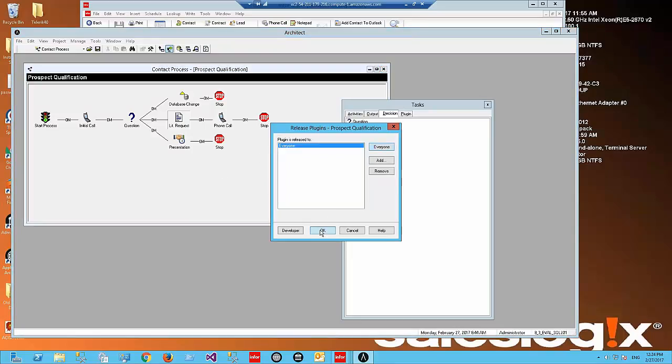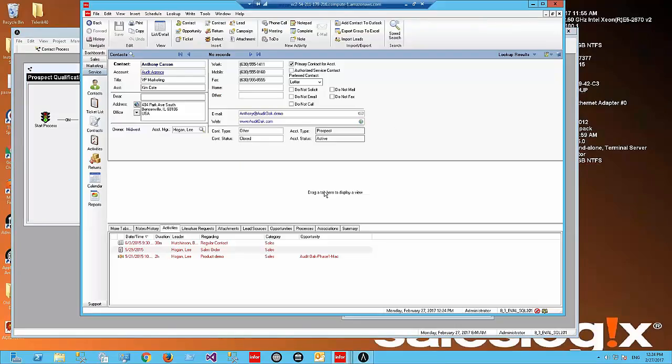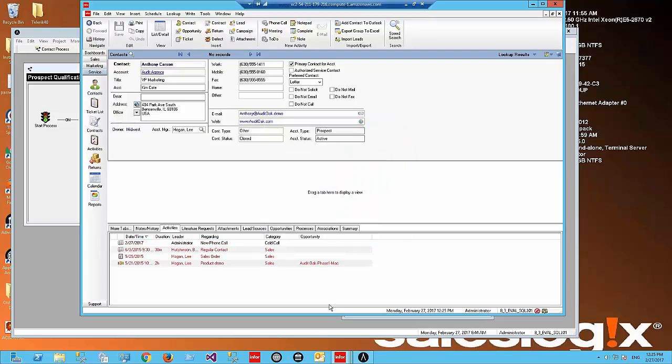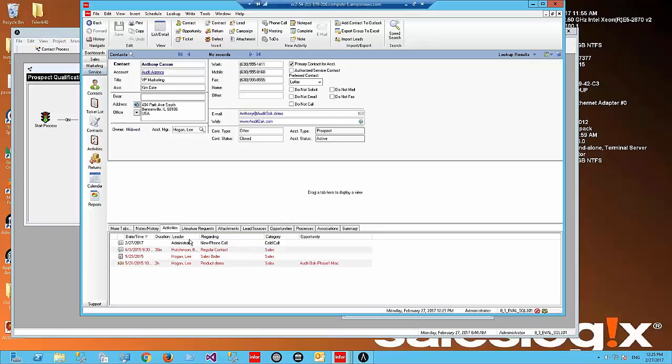Go in and make sure it's released to everyone. I'll hit F5 there. Go back to my contact record again. And let's schedule that process again against the same test record. So I'm going to go schedule, process, lead track, prospect qualification, current contact, and assign it. So there it is under our processes. The activities, there's our activity. So if we go to complete that,